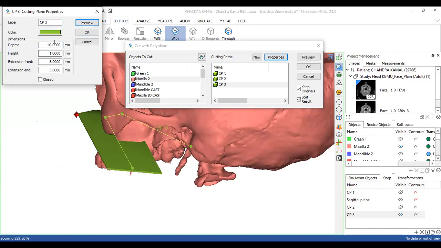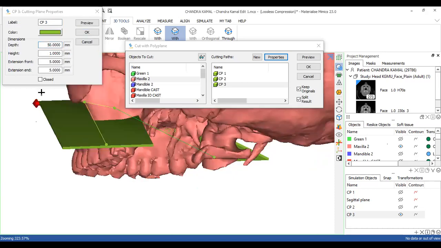I have to increase it further so I can cover the entire board. That's like 50. Further to 60. Yeah, this should be good enough.